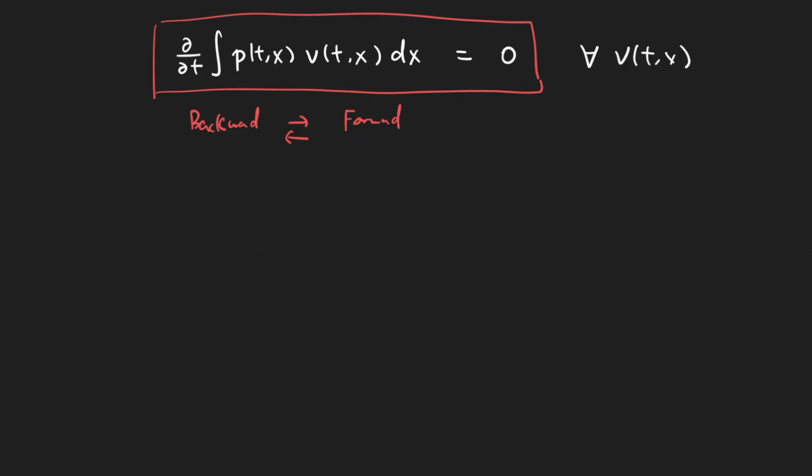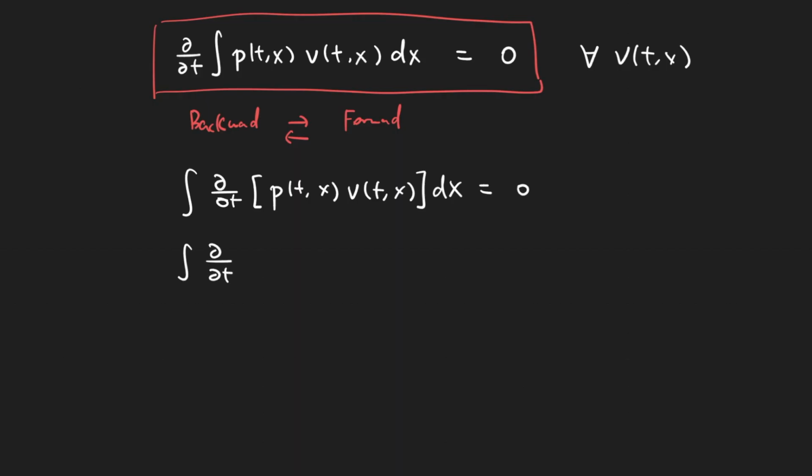Okay, so now we can just move the derivative operator inside. So we'll have the partial t act on the product between the function p and the function v. Then the product rule says that you have the partial t act on p, multiply that with the function v, plus